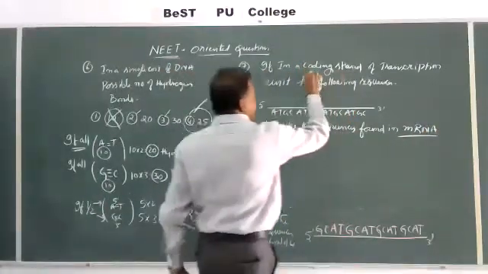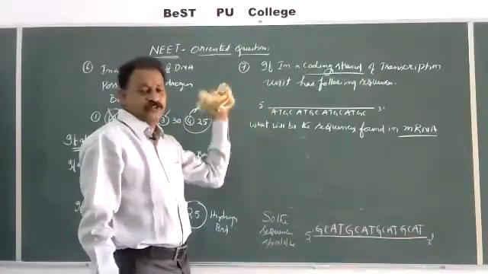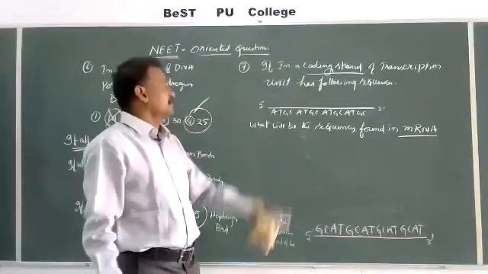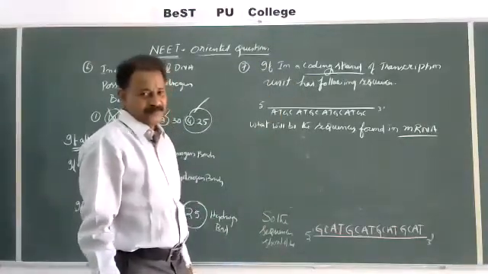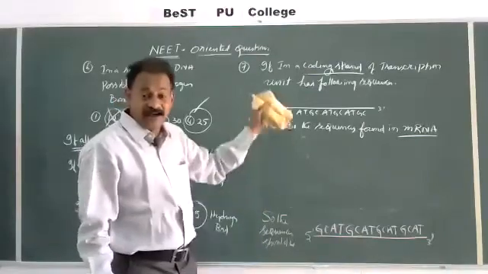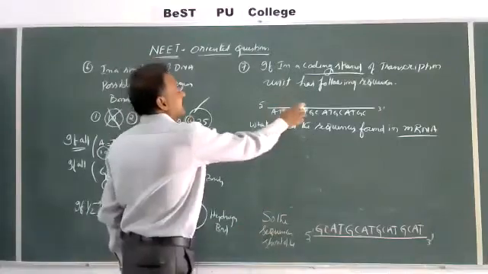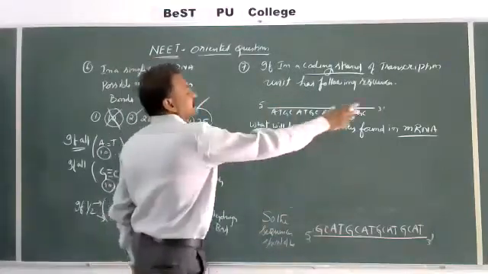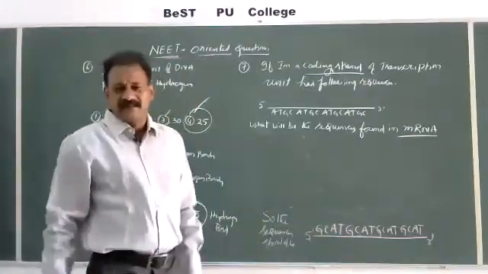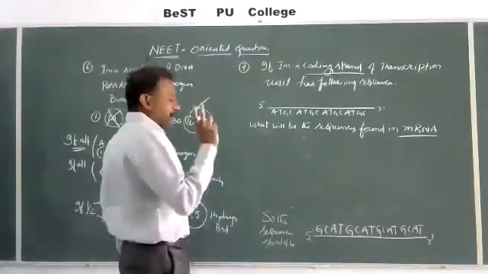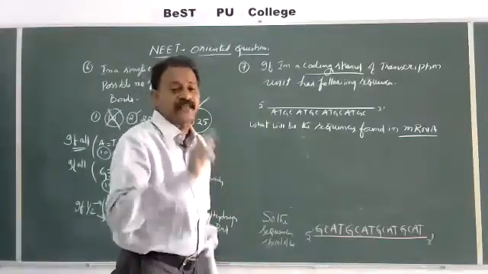Coding strand, we know what is coding strand? The strand which is not participating in the transcription, which is not forming the mRNA. Non-template strand, or it is called coding strand. So when the coding strand is given like this, what will be the sequence found in mRNA? They will give various options. Simple concept is mRNA and coding strand both will have same sequences except thymine.